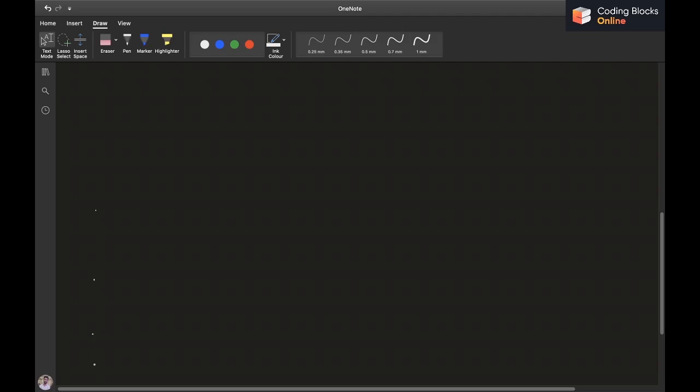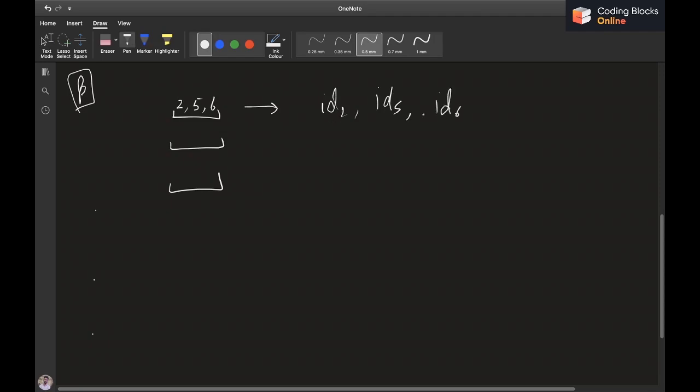Now the problem comes: how to check if a permutation is a valid one or not. One way I can think of is to iterate through each segment. Let's say we have a segment 2, 5, 6, from the first example. We'll see, in the current permutation that we are trying to check, what the index of 2 is. Let's say id of 2, id of 5, and id of 6 are the indices of the elements 2, 5 and 6. Then we'll sort them,